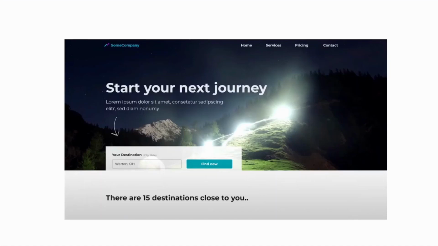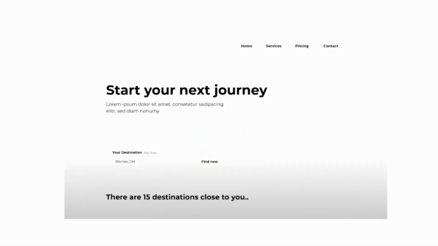So let's start with this website. Here we have a beautiful landing page of a travel company. Usually, we think that a UI or a web design created it, but in reality, UI design is one part of the whole process. A UI designer is interested in things like typography,